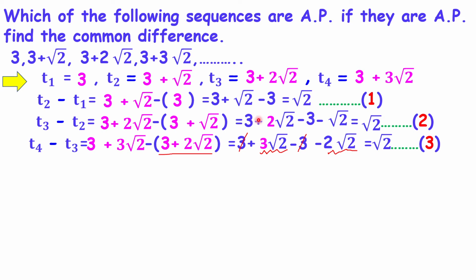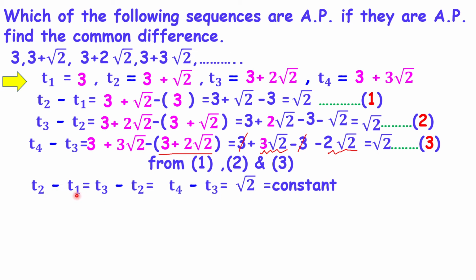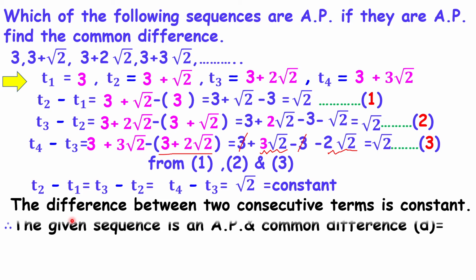From 1, 2 and 3, the difference between consecutive terms is the same: root 2, root 2, root 2. That means t2 minus t1 is equal to t3 minus t2 is equal to t4 minus t3 is equal to root 2. And this difference between consecutive terms is constant. Therefore, the given sequence is an AP and the common difference d is equal to